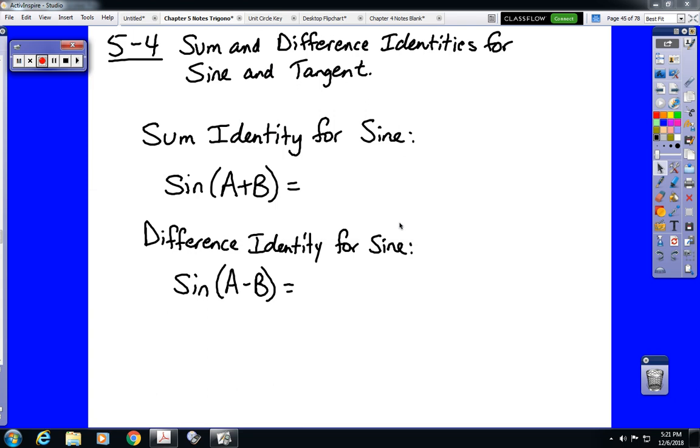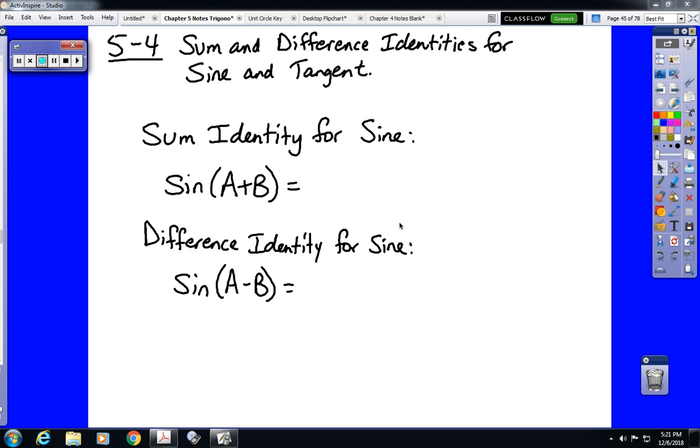Okay, this is the video ghost lesson of the 5-4 notes. They're very similar to the 5-3 notes, which were over the sum and difference identities for cosine. In this section, we'll be doing sum and difference identities for the other two basic trig functions, sine and tangent. Now, we're just going to give those identities, and then we'll talk about how we use them throughout various problem